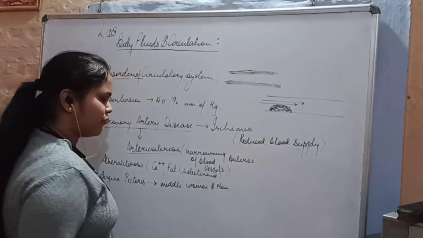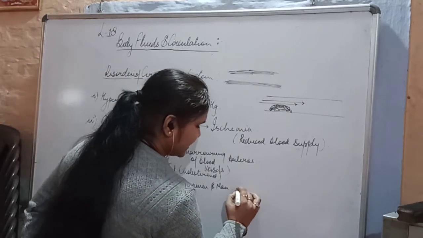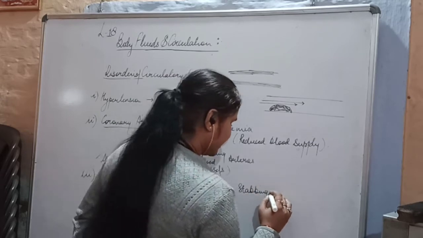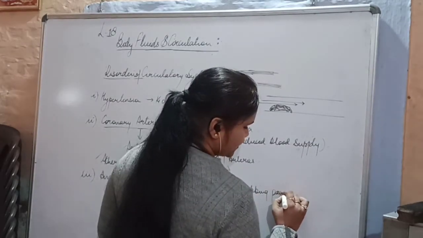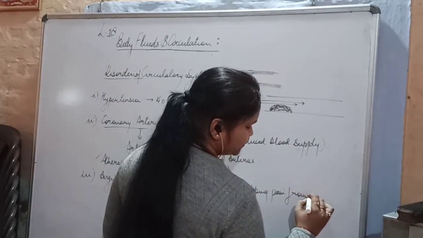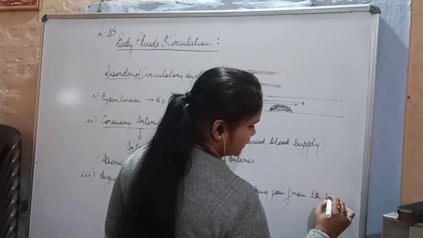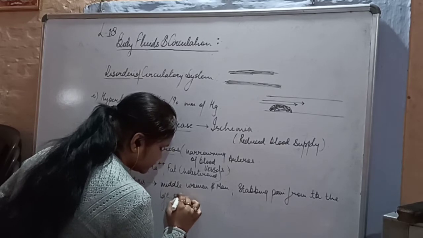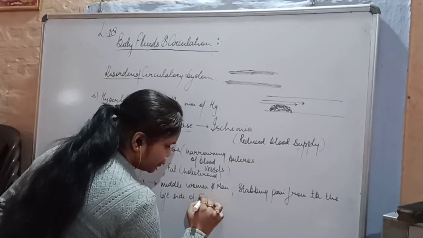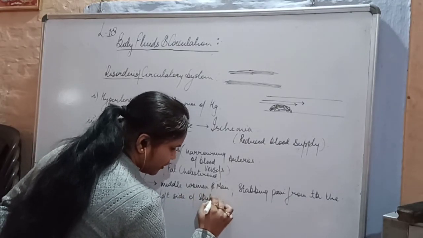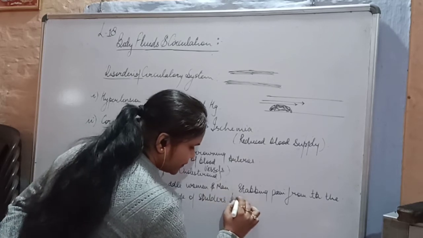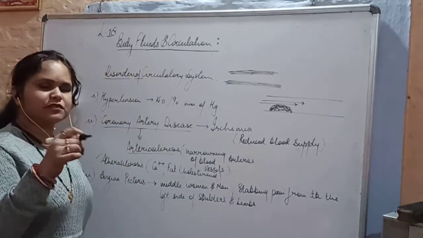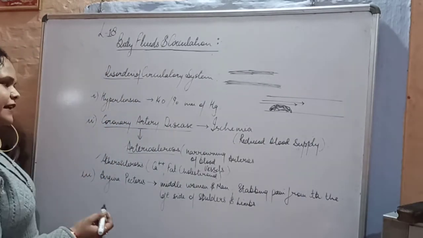In this case there is a stabbing or shooting pain from the heart to the left side of the shoulders and limb, and this is due to the reduced supply of blood,